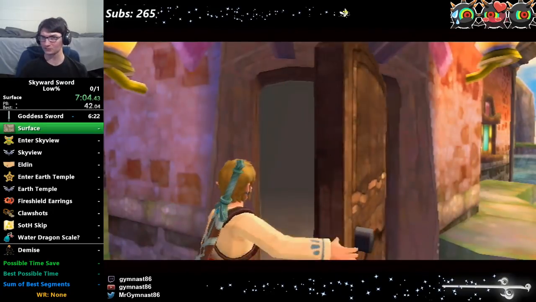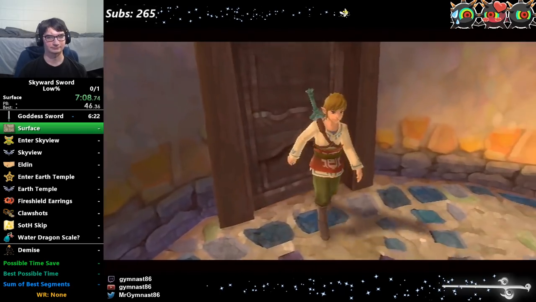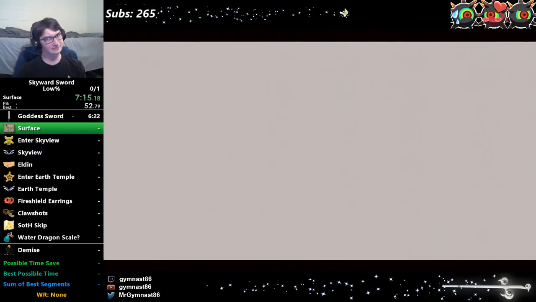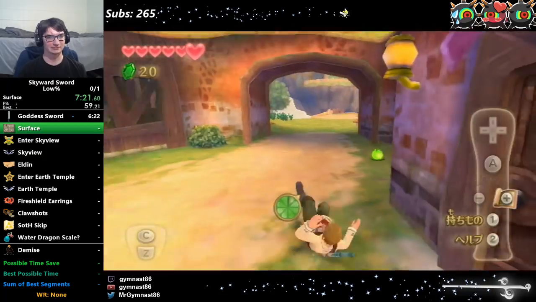Alright. Now, the next thing we're going to do is we're going to enter into this house. And then we will immediately leave. For whatever reason, exiting this house sets a permanent value in memory. I don't think we really understand why, but...